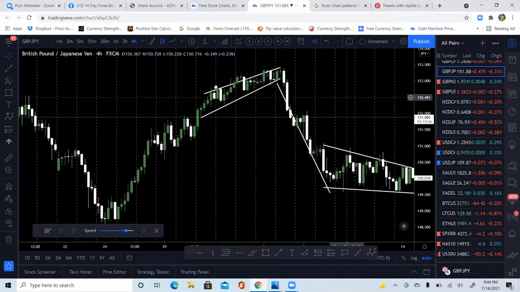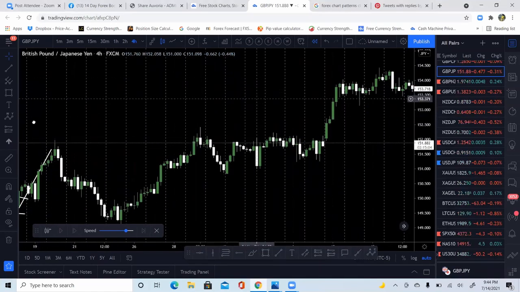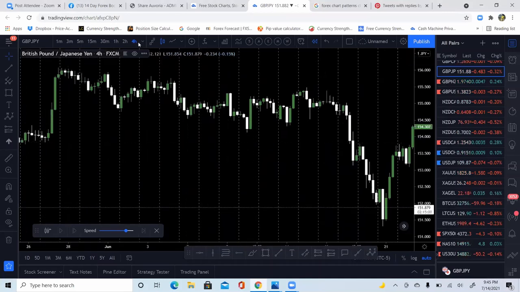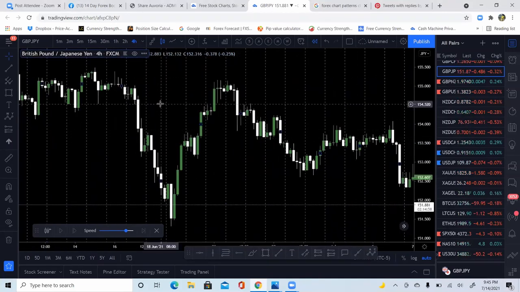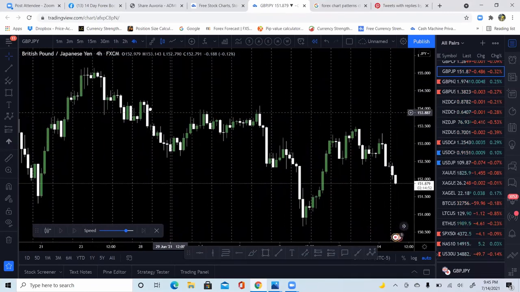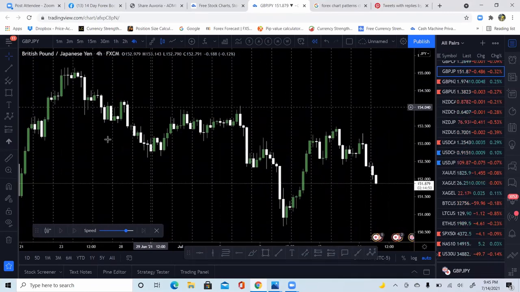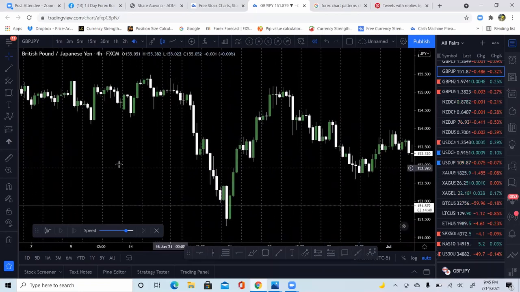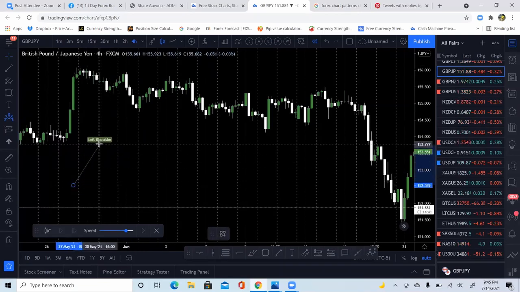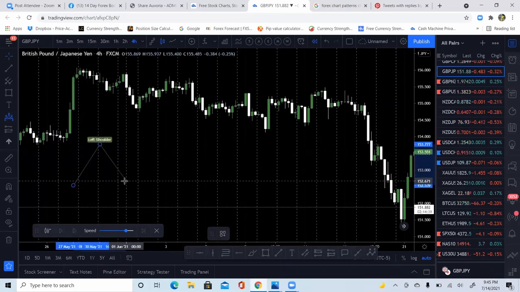Now the last one is going to be a head and shoulders. So if we look at the markets here, head and shoulders takes a little bit more time to identify, and a head and shoulders is more versatile to identify. So here's the easiest way to understand the head and shoulders. You have a high